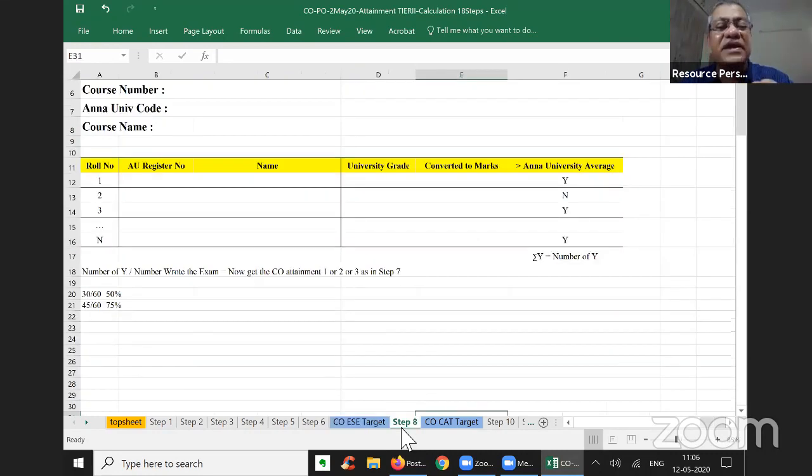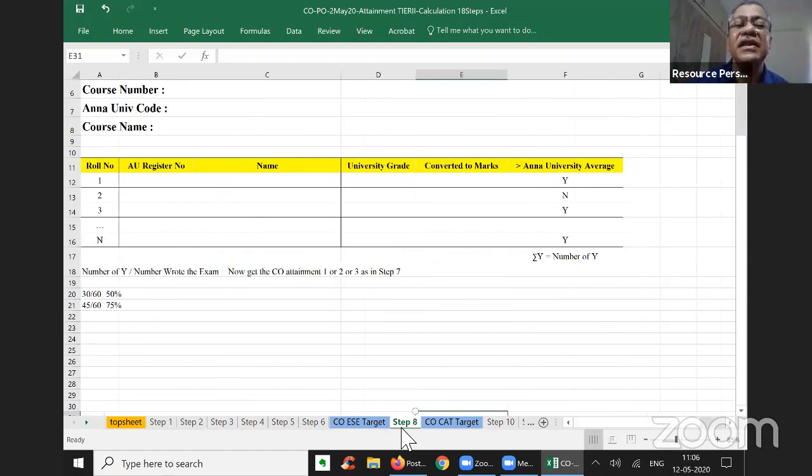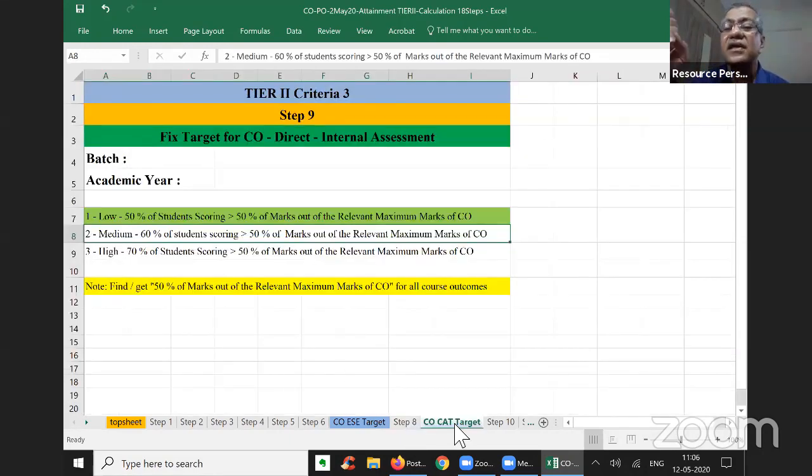Then in step 7, I told how to calculate the attainment of CO. Please remember, I calculate the course attainment level for the end semester examination separately. The end semester examination form is different from the continuous assessment test.